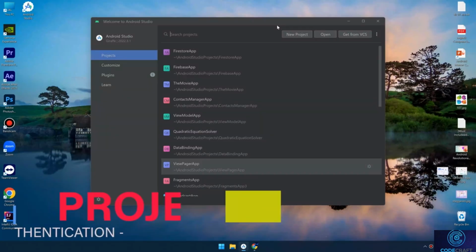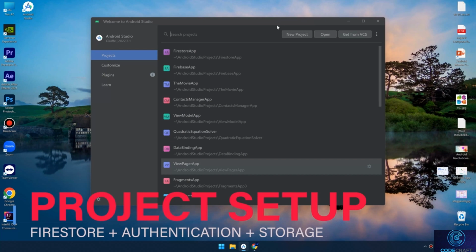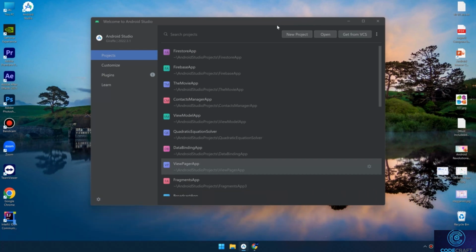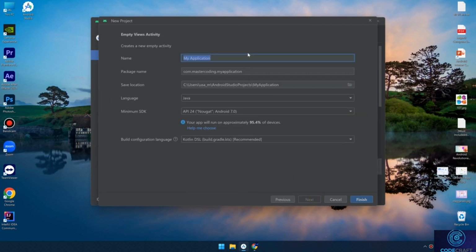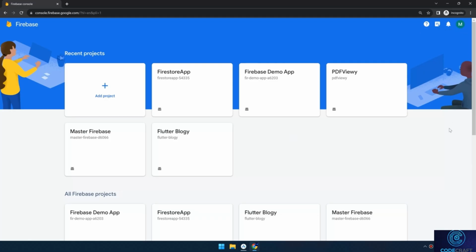Welcome back. In this video, we'll create a new project, add the dependencies, and link Firebase to this project. Open Android Studio, select New Project, empty views activity, and I name it Journal App. Click Finish. Then log in to the Firebase console,